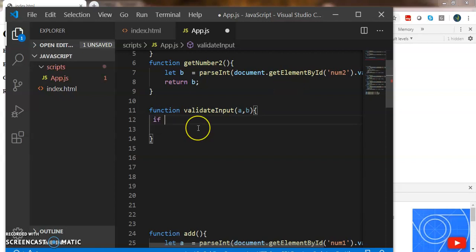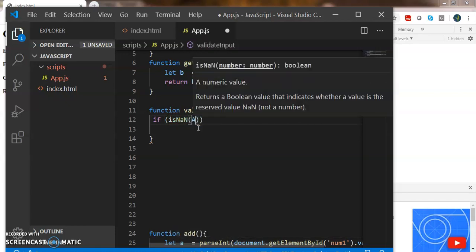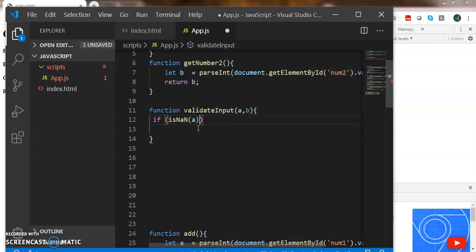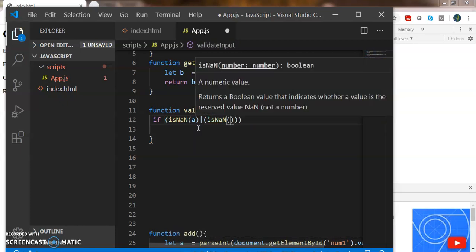We receive the two numbers: if isNaN of a or isNaN of b.